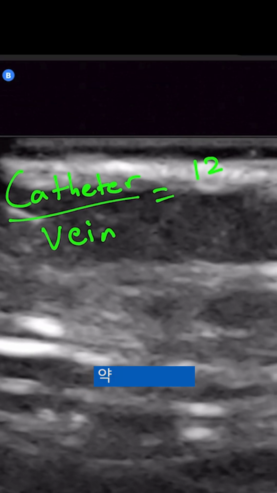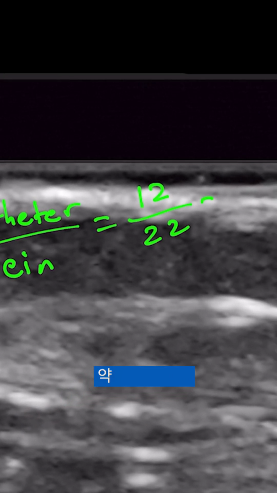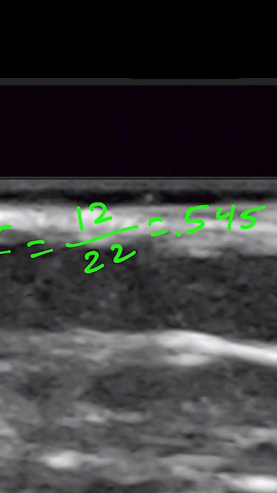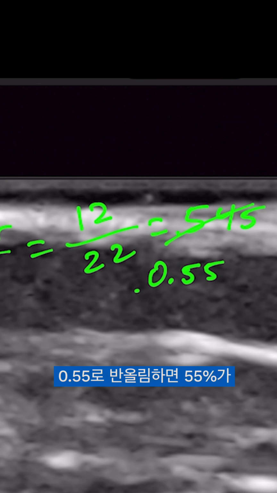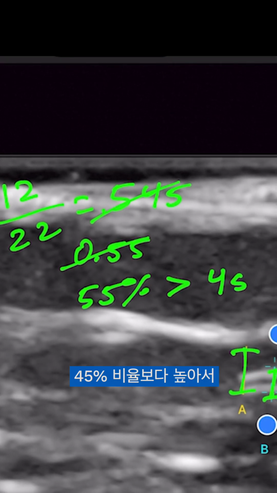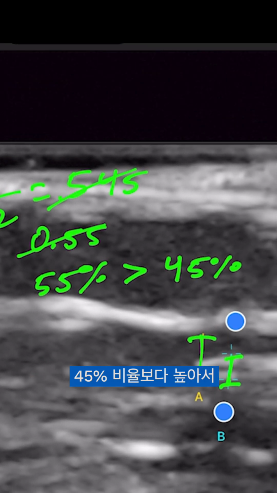This is going to be 12 over 22, which equals about 0.545. I'm going to round that up to 0.55, which equals 55%. So this is definitely more than our desired 45% catheter to vein ratio, which is probably why we're seeing